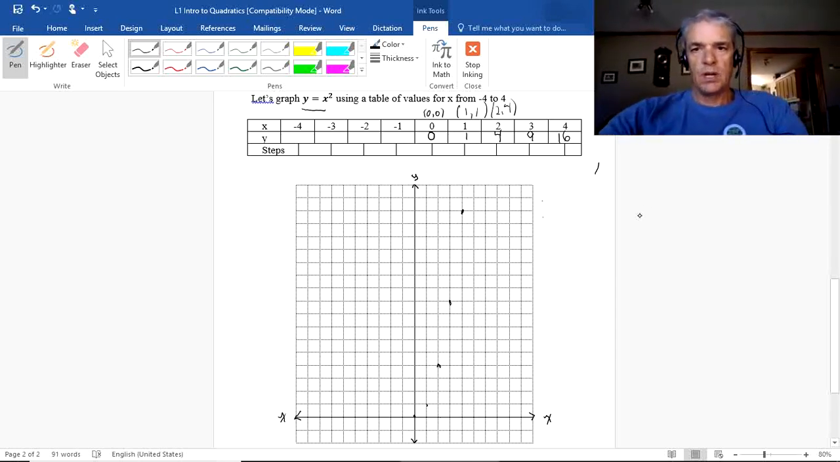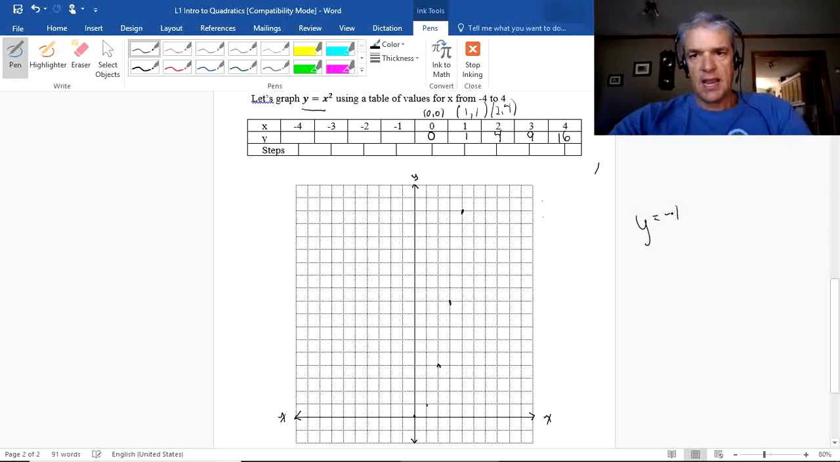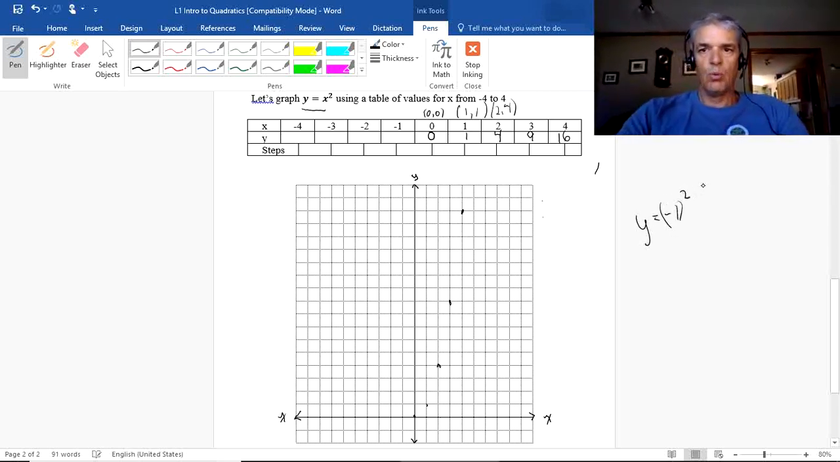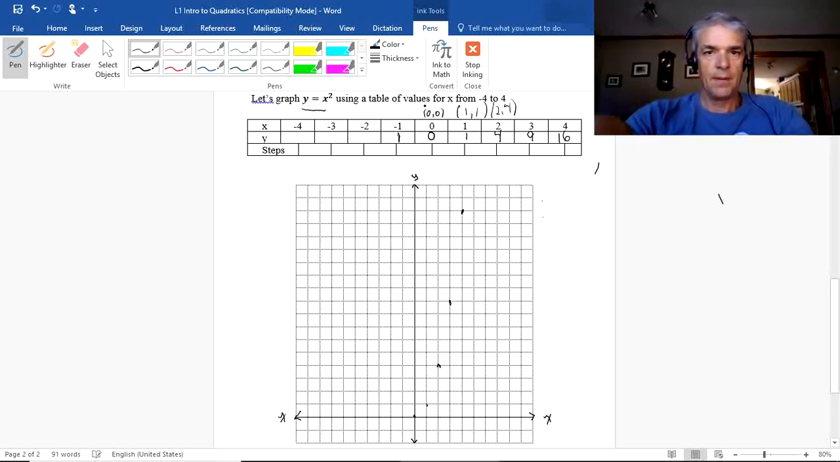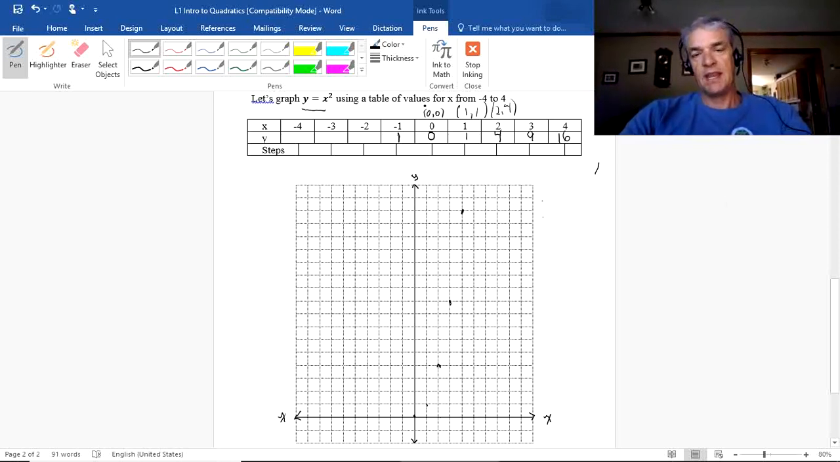So now we're going to say y equals -1 squared. Well, what's -1 times -1? Well, guess what? It's 1, because 2 negatives makes a positive. And so we can continue to do this, and we can plot these points. x is -1, y is +1. So that point there goes onto my